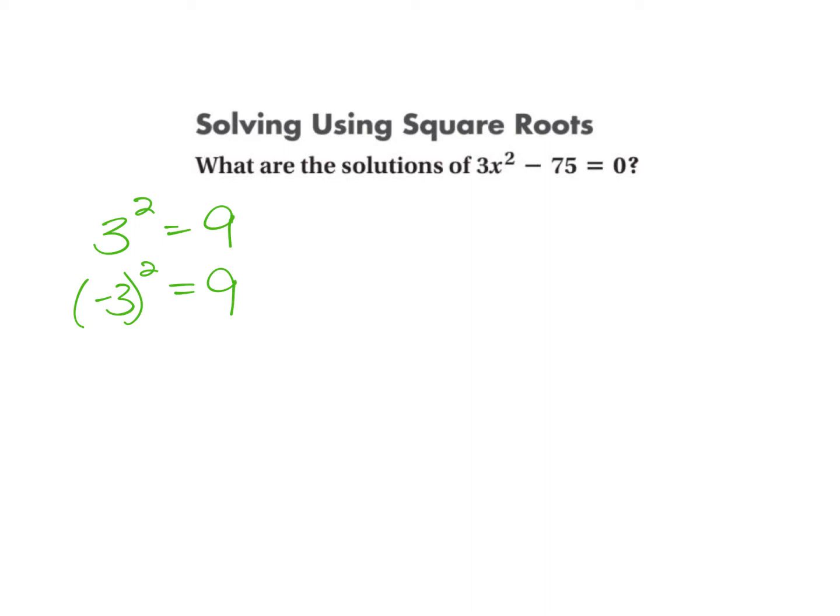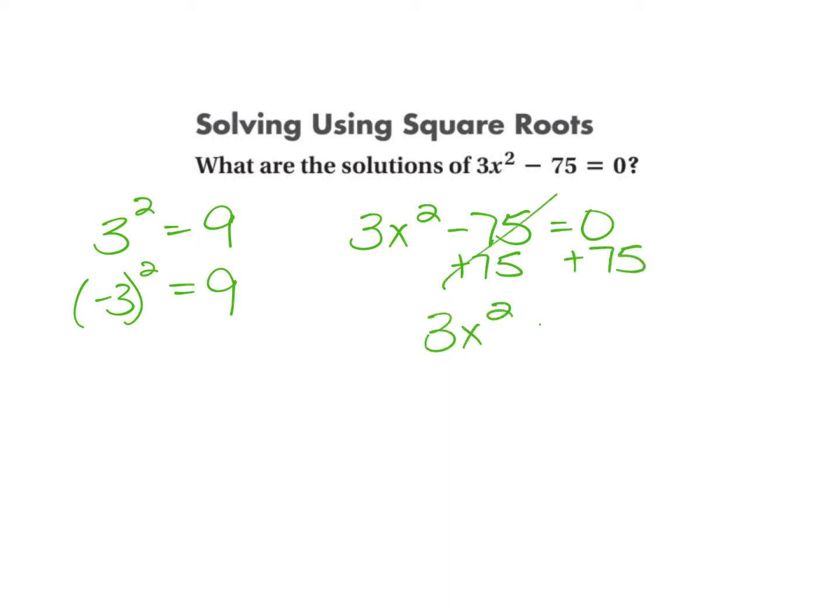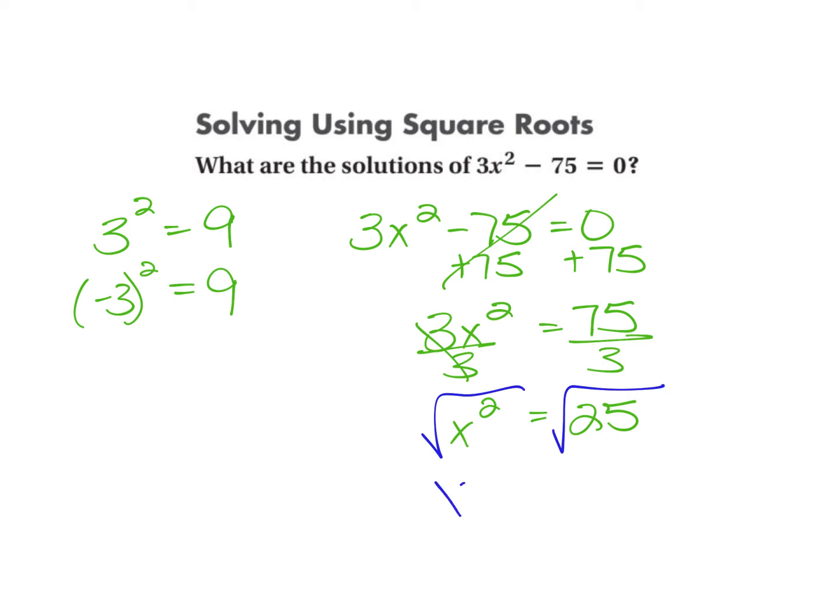So let's look at this one. We have 3x squared minus 75 equals 0. I'm going to add that 75. So basically I'm solving for x here. So we have 3x squared equals 75, divided by 3. So x squared equals 25. Now, in order to solve this, we still have to take the square root. So x equals,